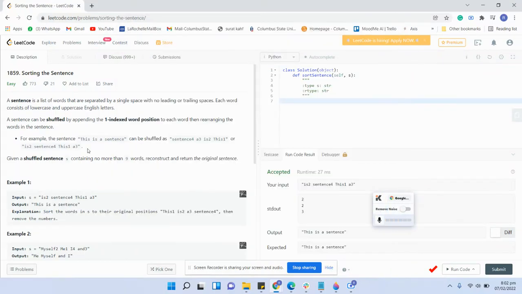Hello, guys. Today we are going to discuss the LeetCode problem, Sorting the Sentence, which is a very easy problem. So, first of all, we will read the prompt and then we will try to understand what the problem is about. It says a sentence is a list of words that are separated by a single space